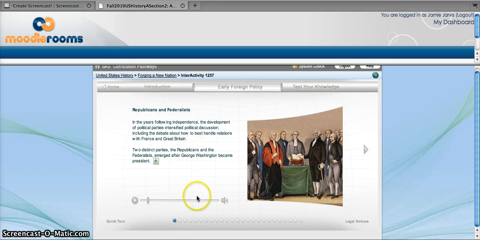How many slides are there? There are 25. How do I know that? There's 1, 2, 3, 4, 5, going all the way to 25. So you need to go through all 25 of these slides. You listen to the narration, you read this. Sometimes there's a commentary that's provided. You click on that, and it's just a very short 10-15 second blurb that adds a little bit more to